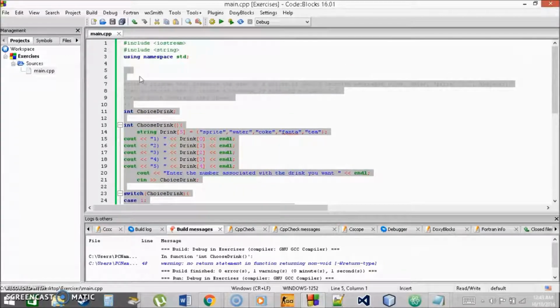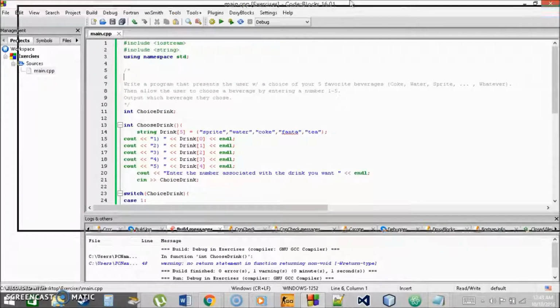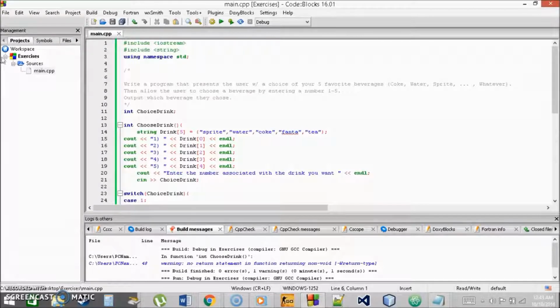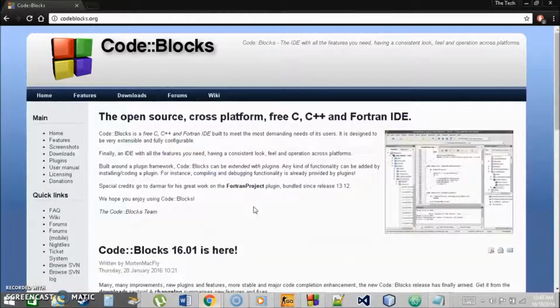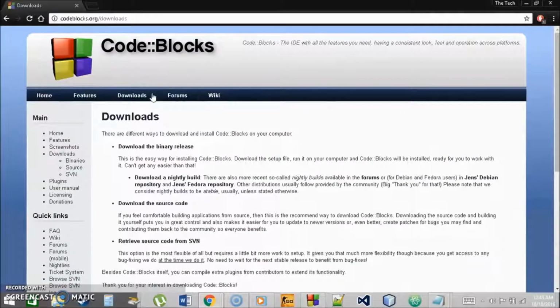This is a program that I built earlier. Code::Blocks is really good. Basically, what you want to do to download Code::Blocks and use it for your C++ is go to codeblocks.org, and you're going to want to go to downloads, and make sure you do this exactly how I'm showing you, or you might have a few problems. So go to downloads, then go to download the binary release,